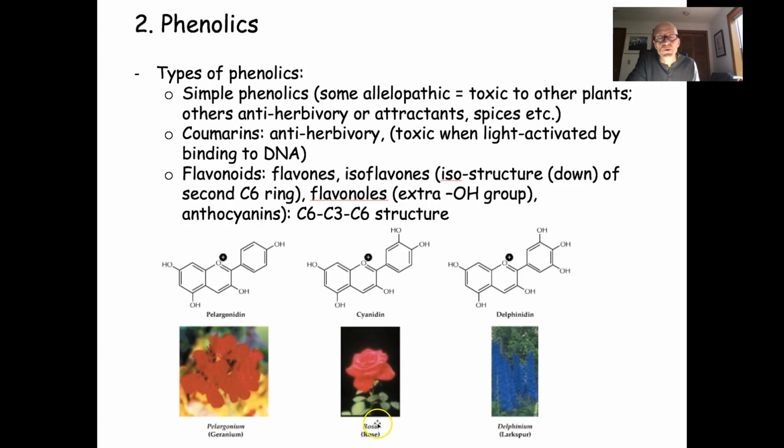So this is larkspur, rose, and geranium. And so this makes this nice red color, this makes sort of a pinkish color, and this makes the dark blue color. So all of these have this C6, C3, C6 structure. So C6, 1, 2, 3, 4, 5, 6. And then you see there's an oxygen here, right? So 1, 2, 3 carbons only. And then here's 1, 2, 3, 4, 5, 6 carbons again, and that makes up the